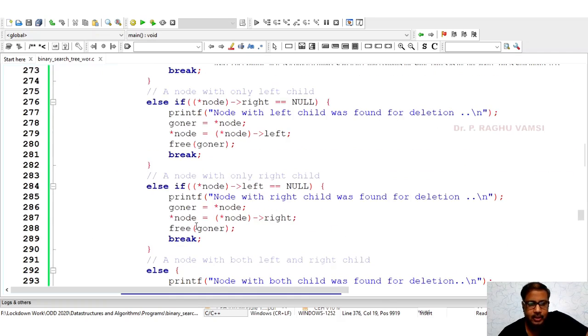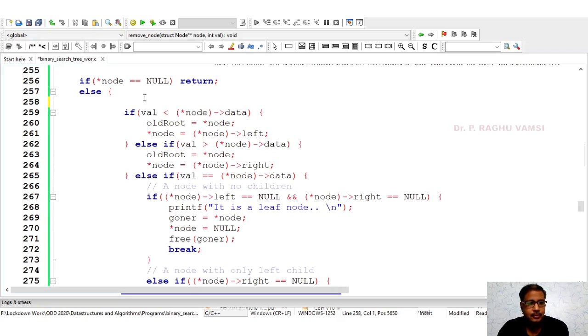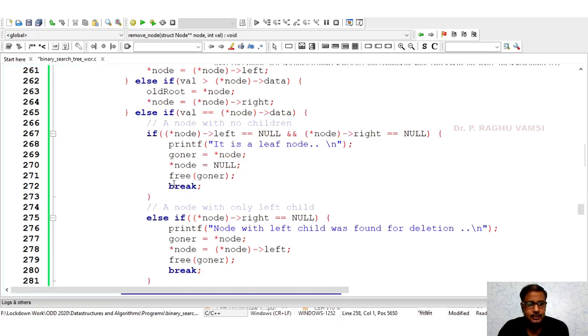So I want to do some modification, and I want to use a little bit of recursion in this, not the pure way of writing the iteration. So I will modify this code like this. I remove all the breaks here.